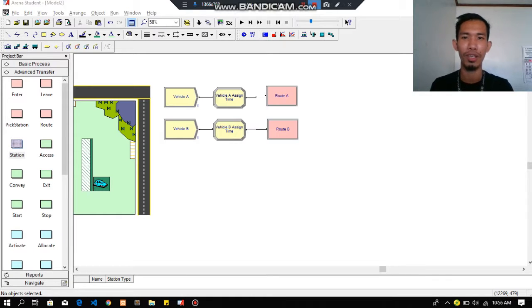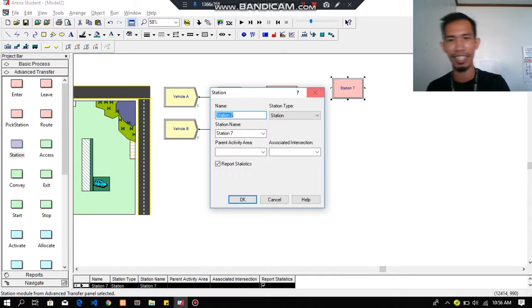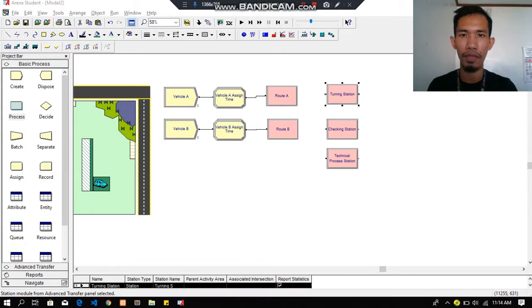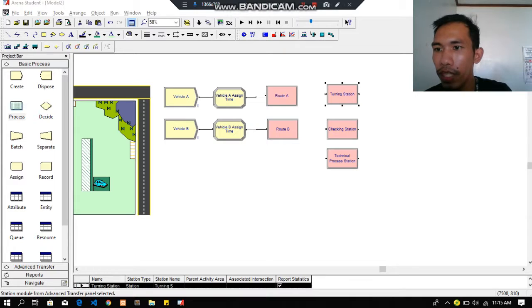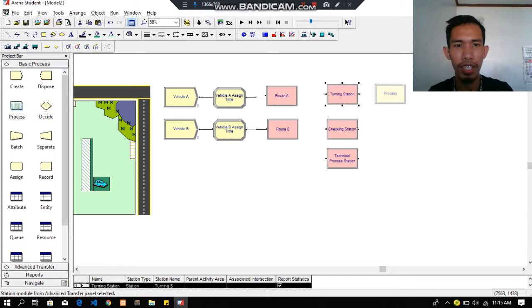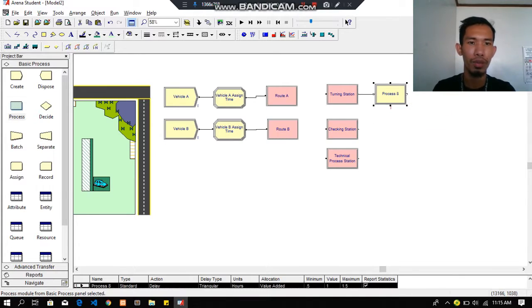Now we are on the fourth process. We'll now create the station module and double click. After creating station modules, we will now add a process to each station. We will find the process module in the basic process panel. So click the station module and the process module, drag it into your working panel, double click